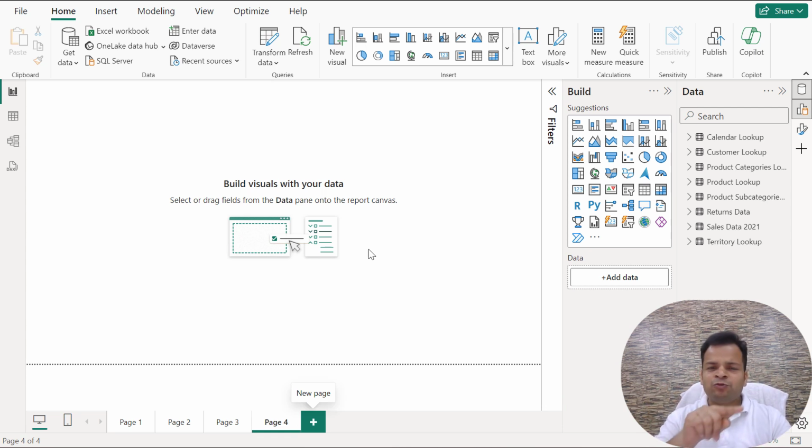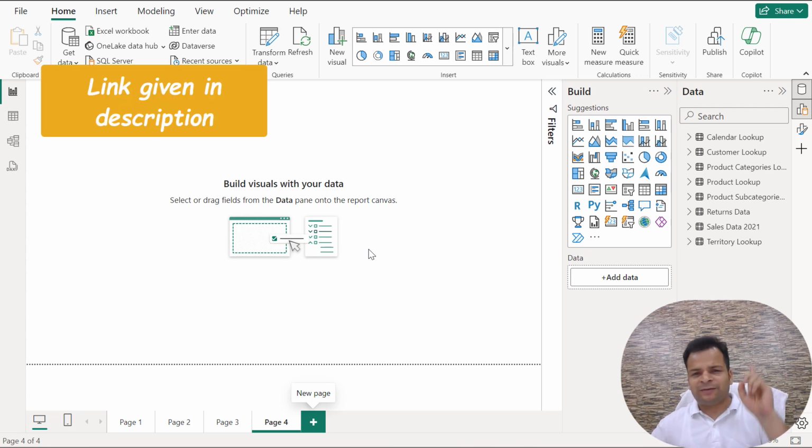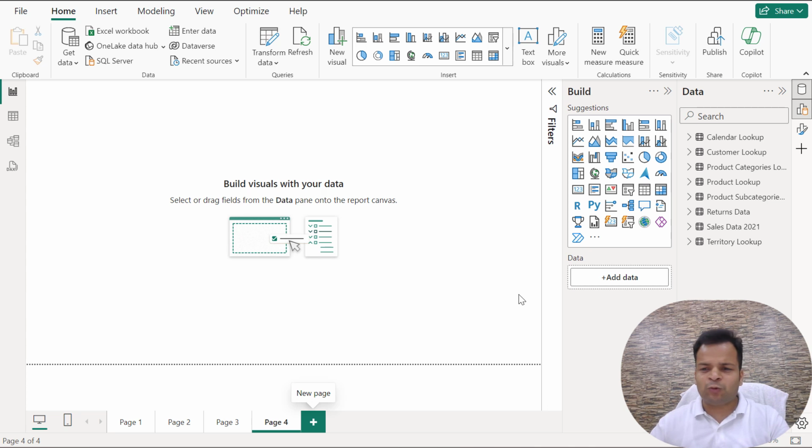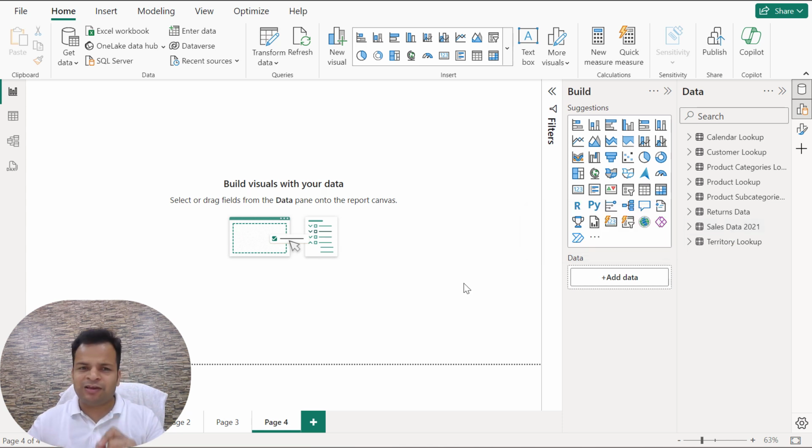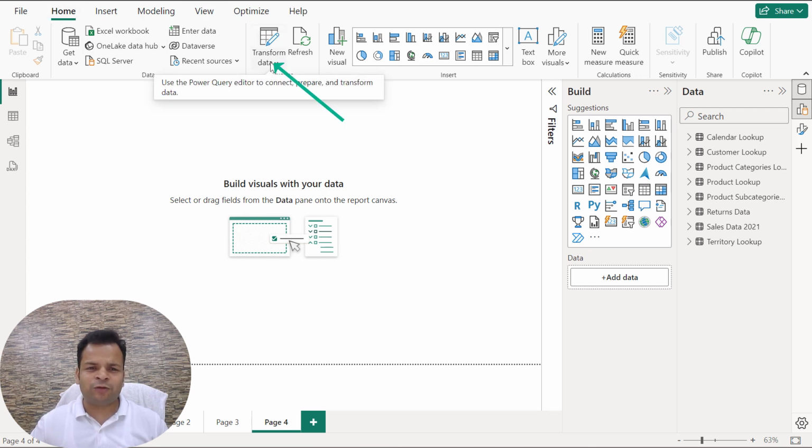So I am using the old data which I have used in chapter 1. In that chapter I inserted only 1 year. If you see here, I have inserted only the sales data of 2021. Now I am going to import two more years of data into it, and then we will start with the KPI card. So how can we do that? Simply here in the Home tab, I'm coming over here to Transform data. Click on Transform data.